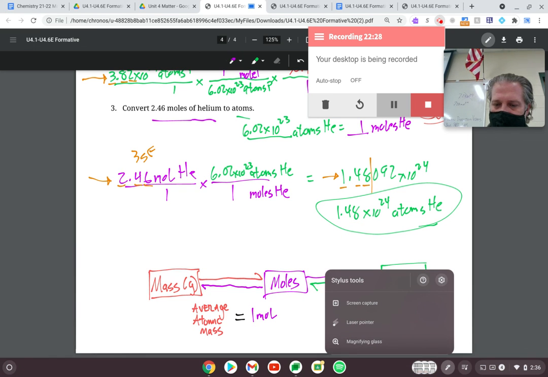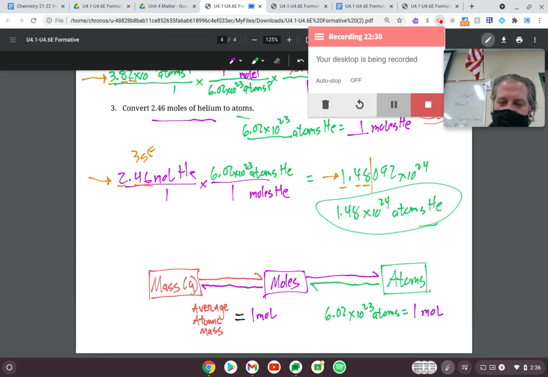The way that I've used it in the past is, if I'm going to go from moles to atoms, like if I covered moles and I covered atoms, I didn't need anything with the mass. If I was going to go from mass to atoms, I would put my finger over mass, put my finger over atoms, and see that there's no arrow that goes directly from mass to atoms. So that means I have to go mass to moles and moles to atoms. So that's just a little trick that I use, and hopefully that will